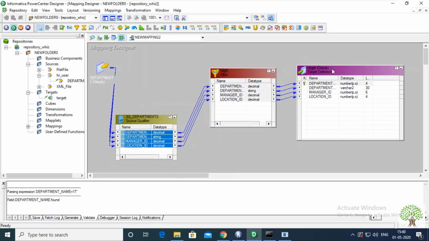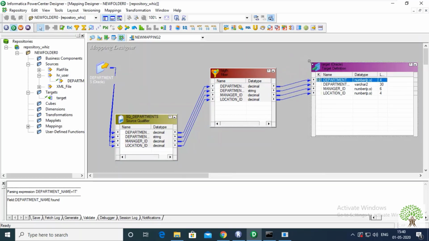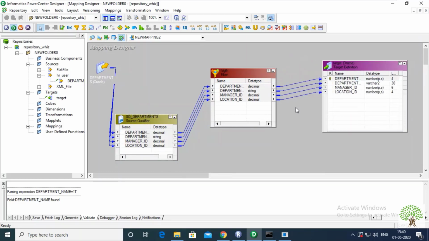This is how you can put your data into your data warehouse onto a target area. Now press Ctrl plus S so that the mapping could be saved and it will show you whether it is valid or invalid.